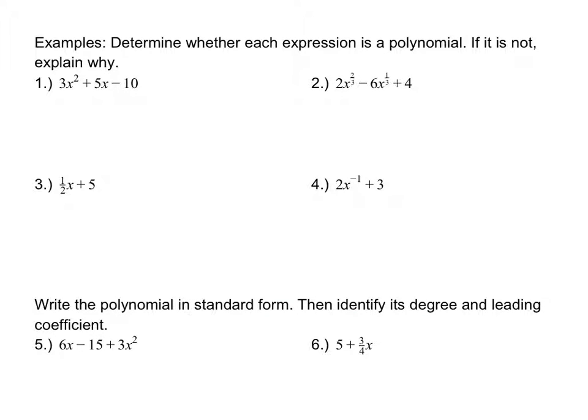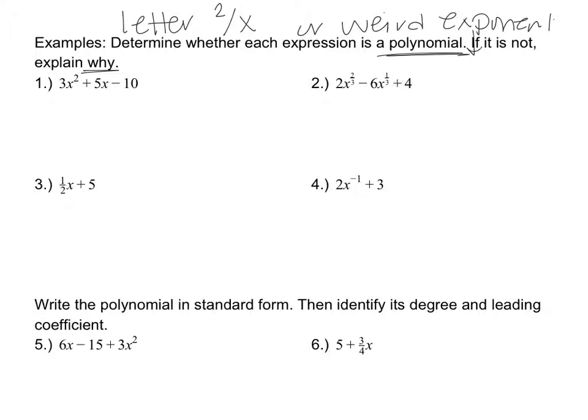So our first set of examples ask us whether or not the expression is a polynomial. And then if it's not, explain why. Okay, so in this first case, I'm checking basically, do I have a letter in the denominator? So like 2 over x, or what I would call like a weird exponent. So that's like a fraction or a negative, something like that. Okay, so if we look at this first one, yes, this is a polynomial because there are no letters in